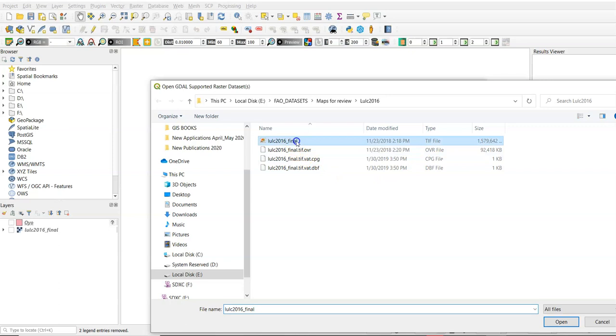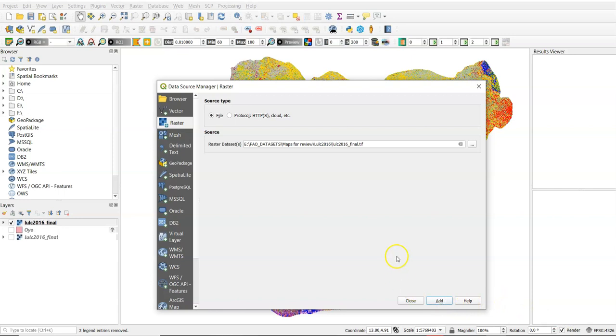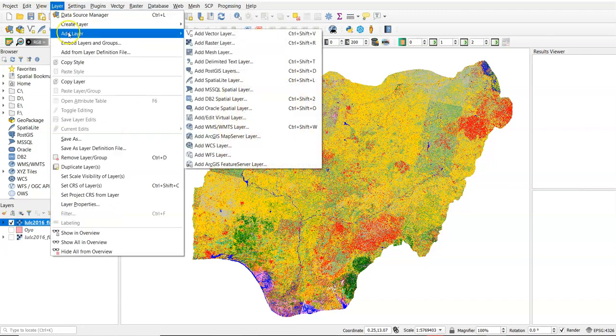Here we are going to select the 2016 land cover image of Nigeria, and you can also navigate to where your vector data is and say Add Layer, Add Vector Layer. If you want to add a raster layer, you go to Add Layer, Add Raster Layer. If you want to add a vector layer, you go to Add Layer and then Vector Layer.